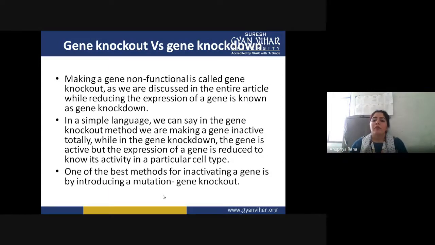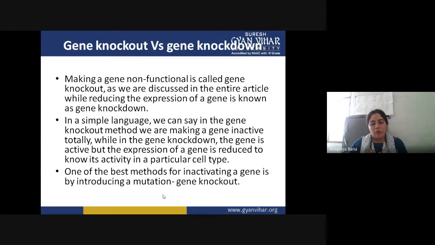But what we can do is give them some different mRNA, or you can say RNAi, that is a very small inserted RNA, a complementary strand for a particular function. At that time, our complementary RNA goes inside the organism, makes a false alarm, and just attaches with that particular gene, altering or varying its function. This will be the knockdown process.